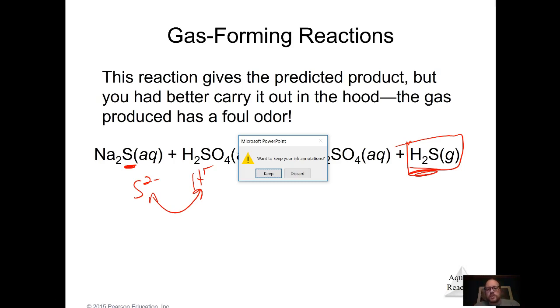Really all I want you to know is, one, what is a double replacement reaction, and two, when we do these double replacement reactions, knowing that it either needs to form a precipitate, water, or a gas in order to successfully go to completion. So if you got that much, I'm happy,